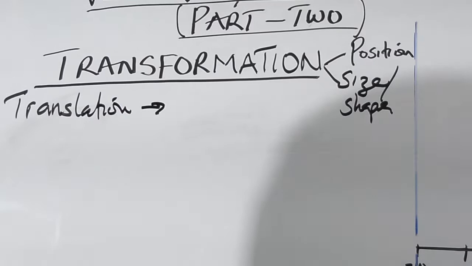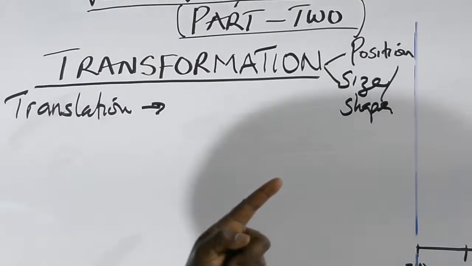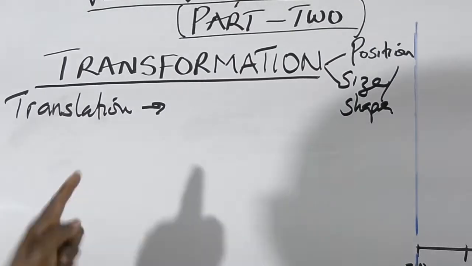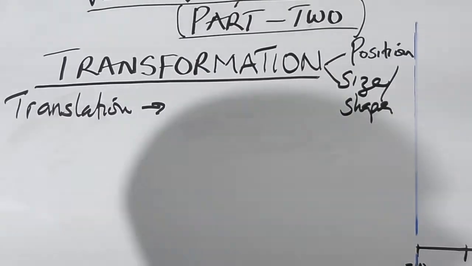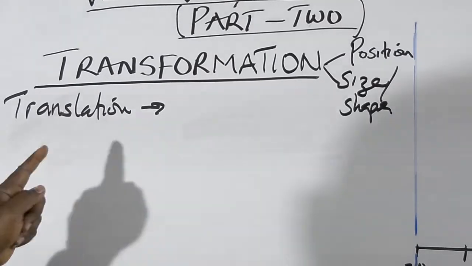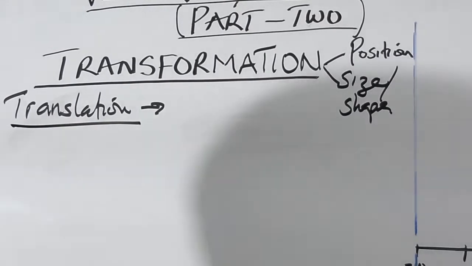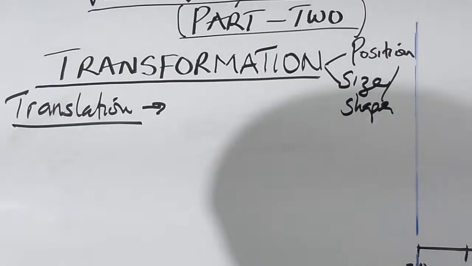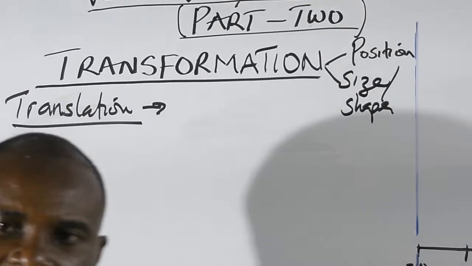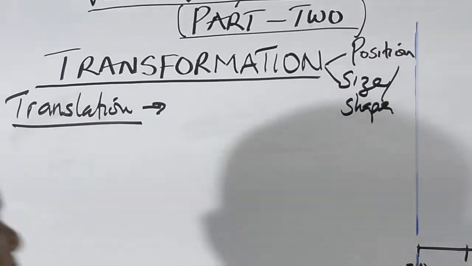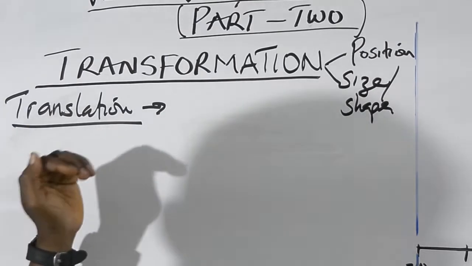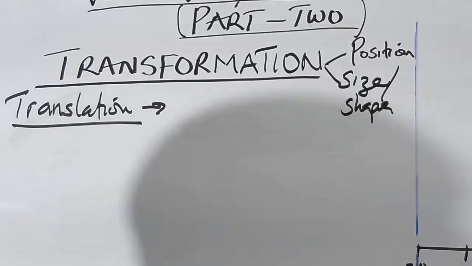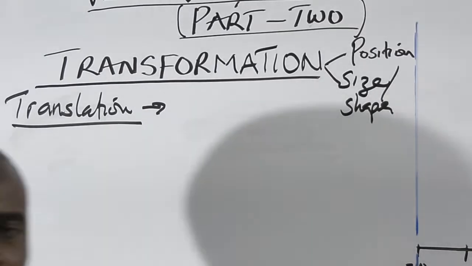Now translation is the change in position of the object. Here the size of the object will not change, it's just the position that will change. And because its position is changing, you need something to shift that vector from one point to another. Just like in physics, translation of motion is the type of motion in which all the points on the object move in the same direction and are displaced by the same amount. The same happens here. If I'm going to change the position of the vector, then I have to involve a shift vector. Something must shift that vector from one point to another.